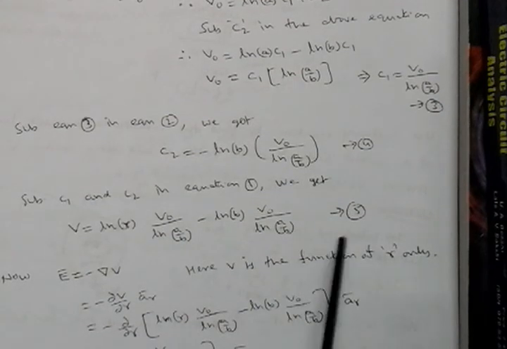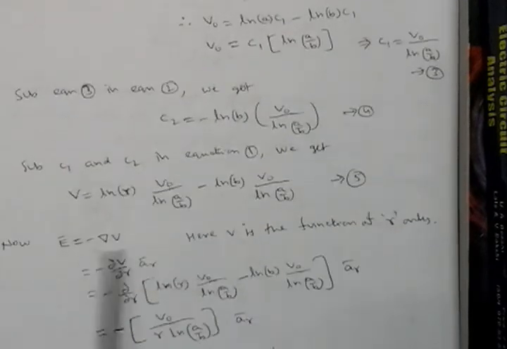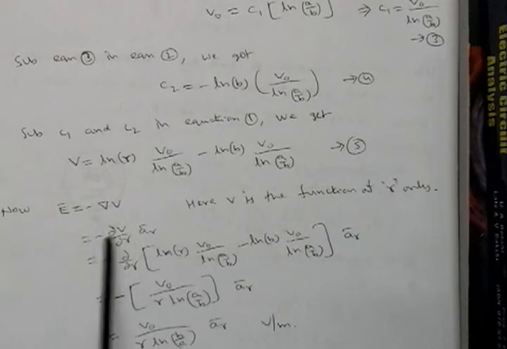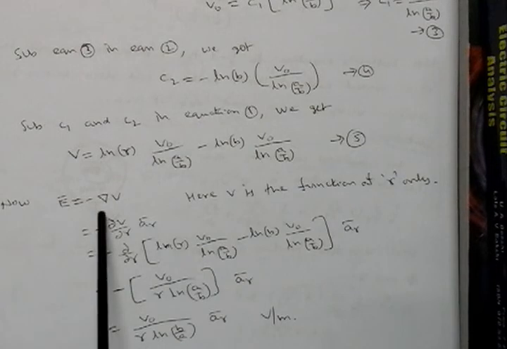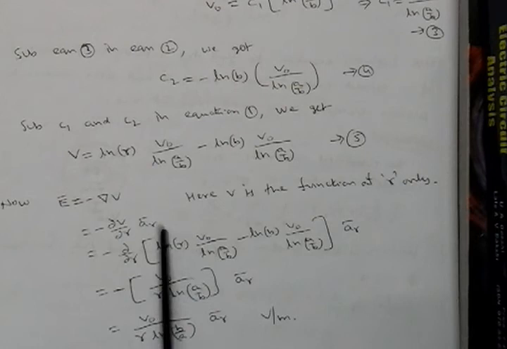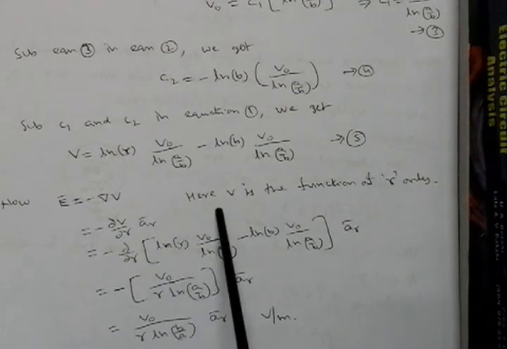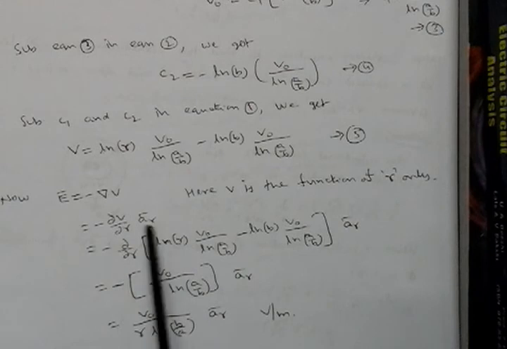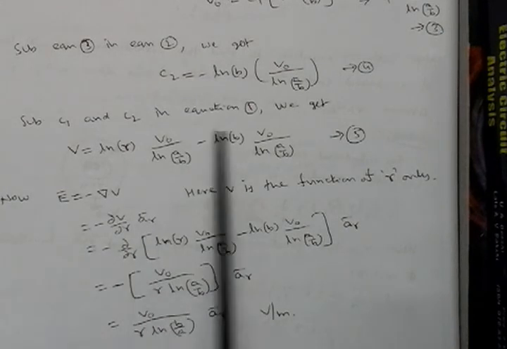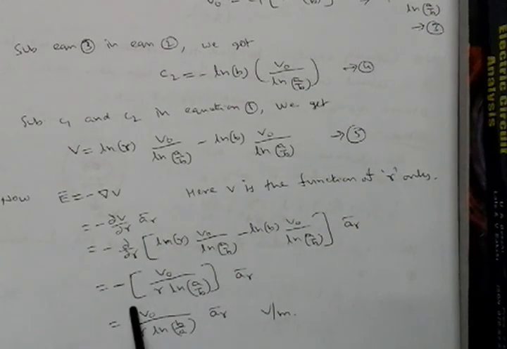From this, now we are going to determine E bar. E bar is equal to minus del V. Once again, for del V there is no need to write the complete formula: dou by dou r a r plus a phi plus a z terms. In this case V is the function of r only. The remaining two terms we need not write; even if you write them, we need to put 0 at the end. So therefore only dou by dou r, a r bar. Just write down dou by dou r of V. V is this one, substitute here, and finally we will get E bar as this mathematical equation.